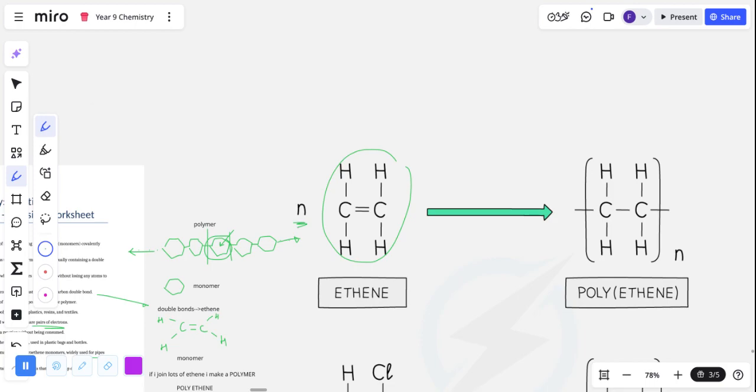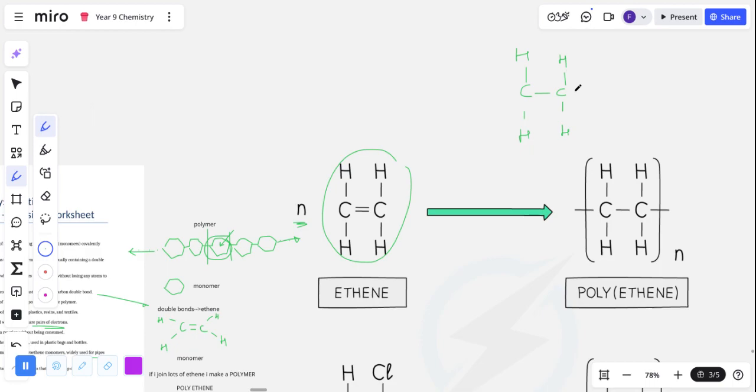n means any number I pick. It can be 1,000, it can be 10, it can be a million, whatever. So n means I am picking a number. I don't need to tell you a number. You can use any number you want, and I can use any number I want. But I'm going to write n, so you know it can be any big number that I want it to be. And instead of having to join them all together, I've got one polyethene, you see the double bonds disappeared. It is added on to the next